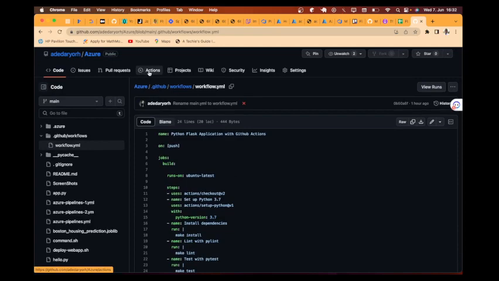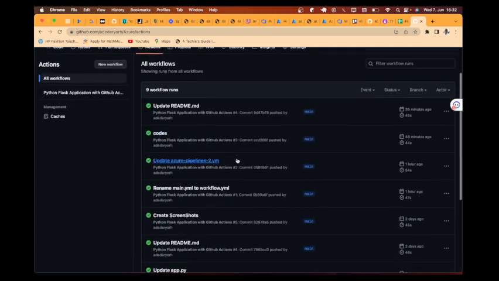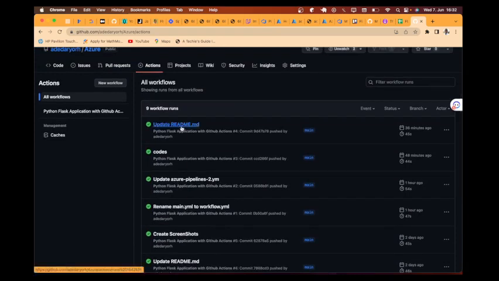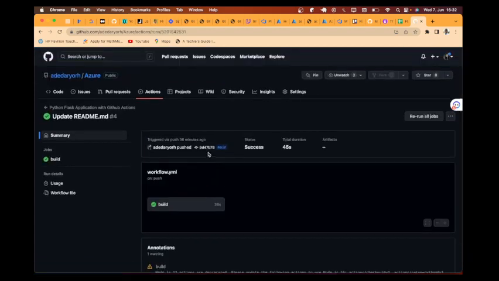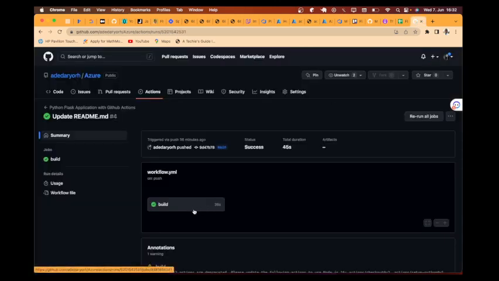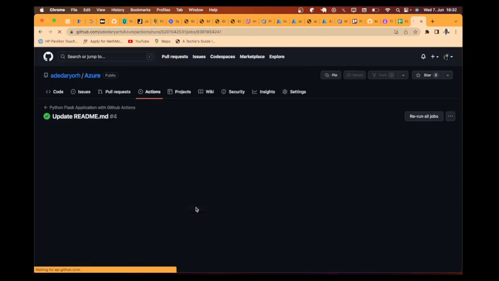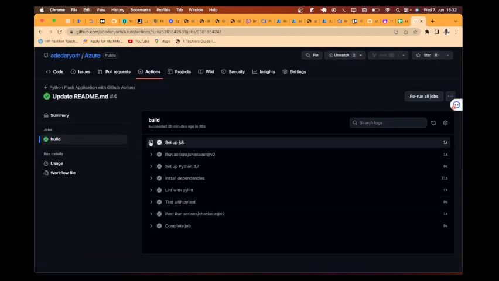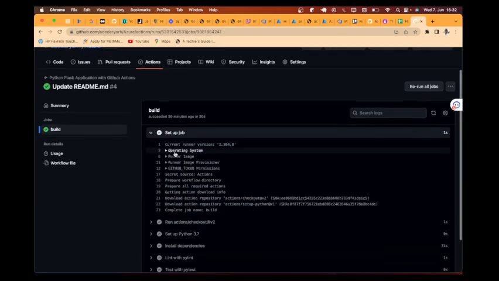So if you come to actions here, I have some builds, I mean some workflows. If you look at this one, I commented it with update readme. So actually what I did here is I was testing something out on my local environment here. After I push, this GitHub workflow will automatically generate a new workflow. And if you look at this setup job,